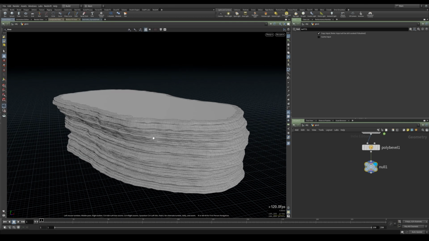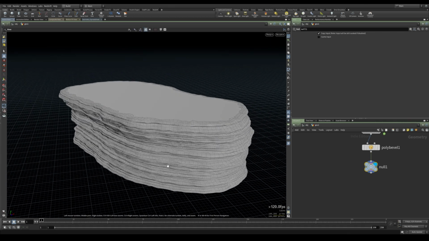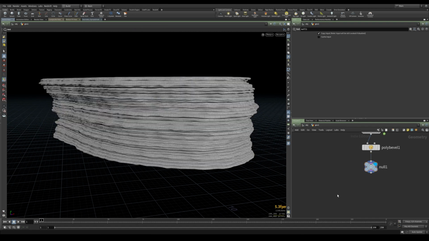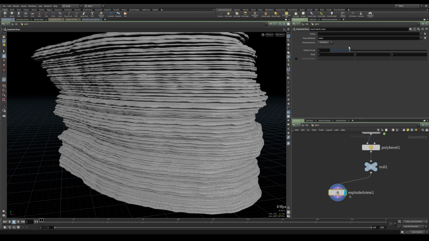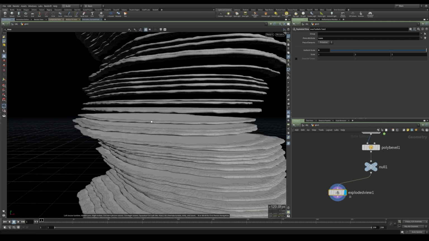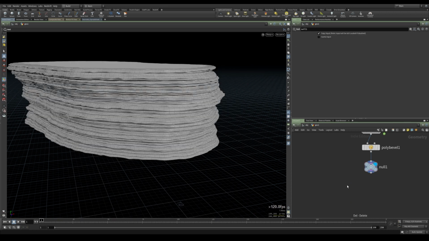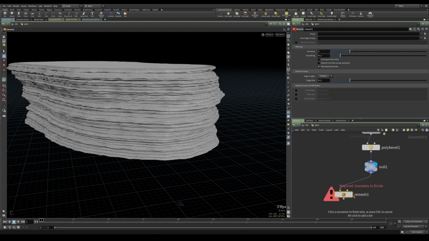Before we add the noise, we actually want to remesh this rock, because in its current state, let me just take an exploded view and increase the scale. We still have all the internal faces from each copy. That's not good. So we need to remesh it, but if you remesh it directly from its current state,